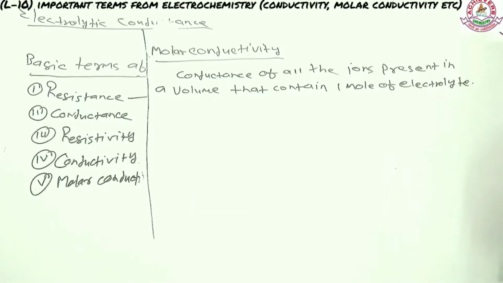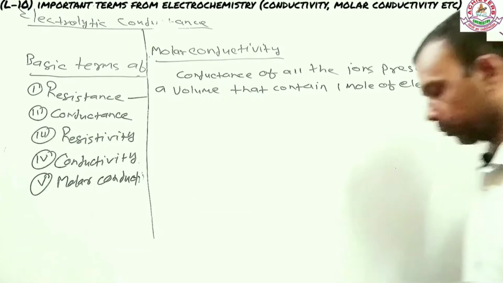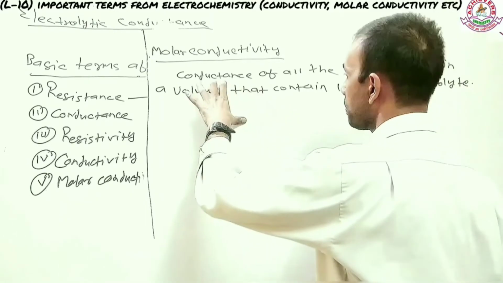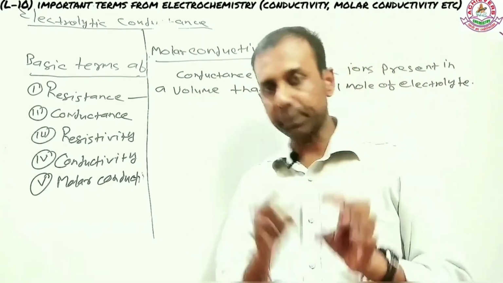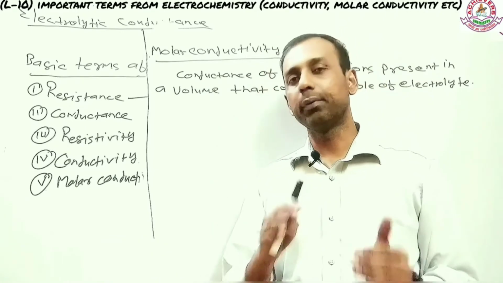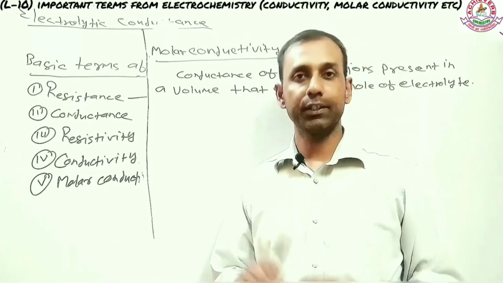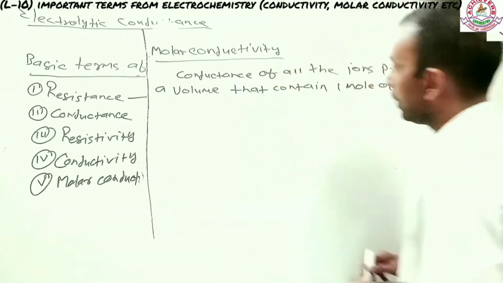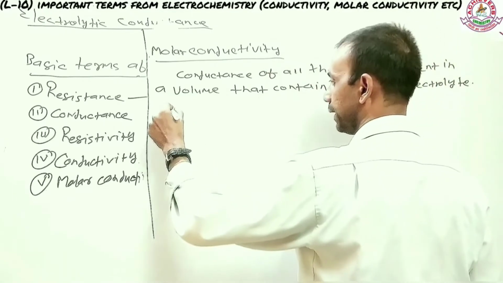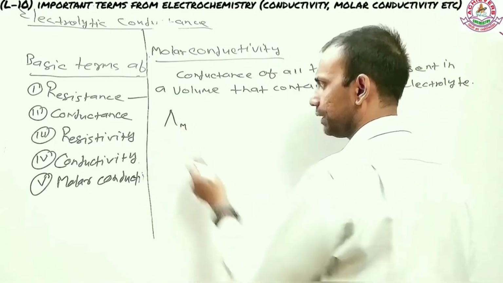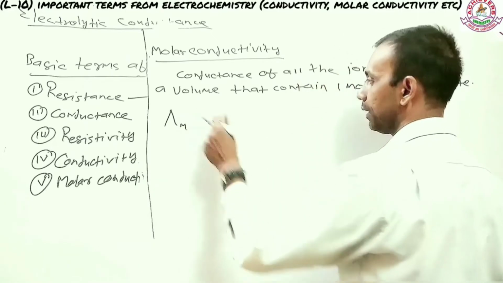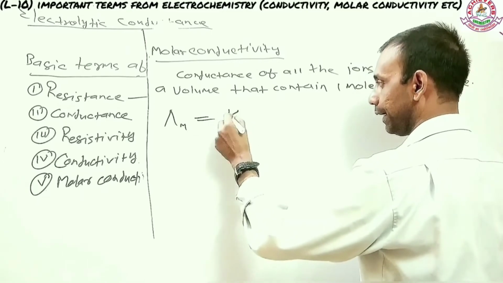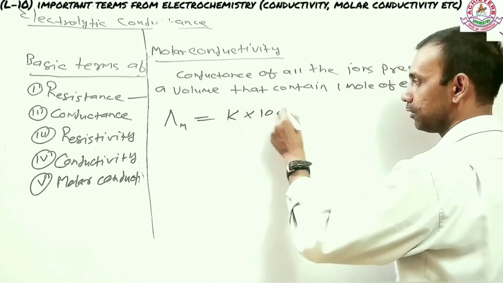Let me repeat, because this definition is very, very important for all of you who have a board exam coming in 2020. Conductance of all the ions present in 1 mole per liter of an electrolyte solution. So this is basically the definition. Molar conductivity is represented by lambda, which is a Greek letter, and lambda is equal to K into 1000 by